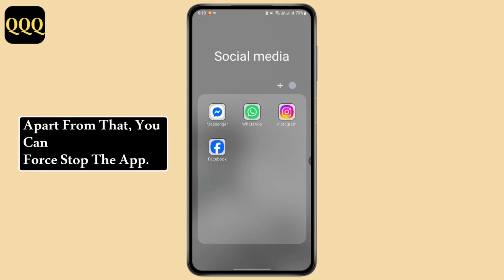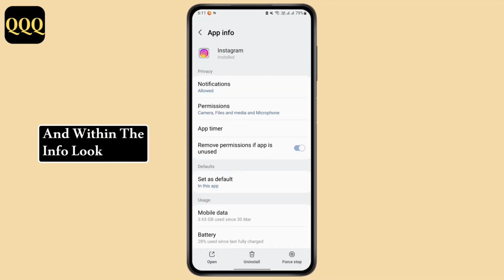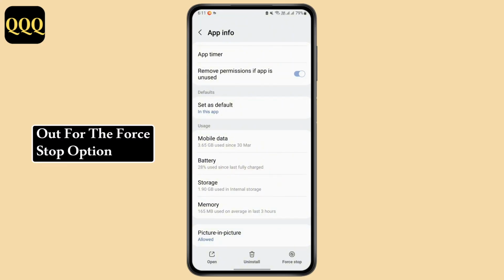Apart from that, you can force stop the app. So hold the app and go to the info. And within the info, look out for the storage option. And within the info, look out for the force stop option and tap on it, and you can reopen the